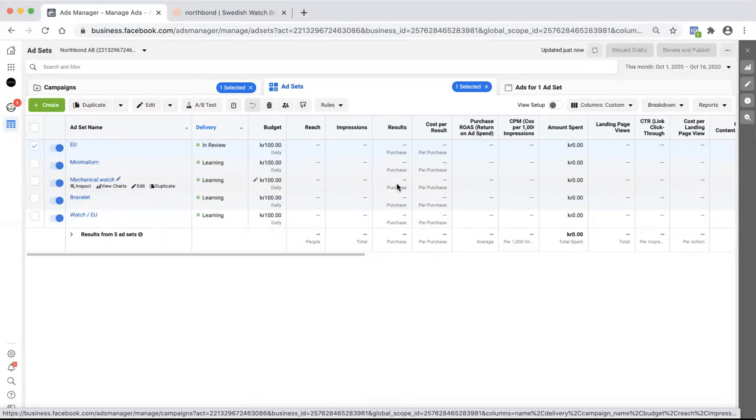And if I see a purchase now, say in three days, should I raise the budget on that one? No. Don't raise your budget until you see at least two or more purchases coming in. Okay, gotcha.